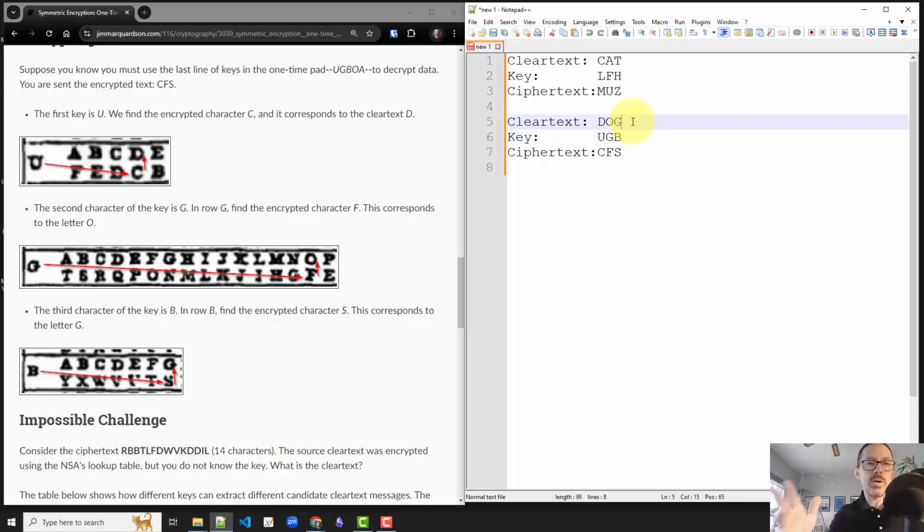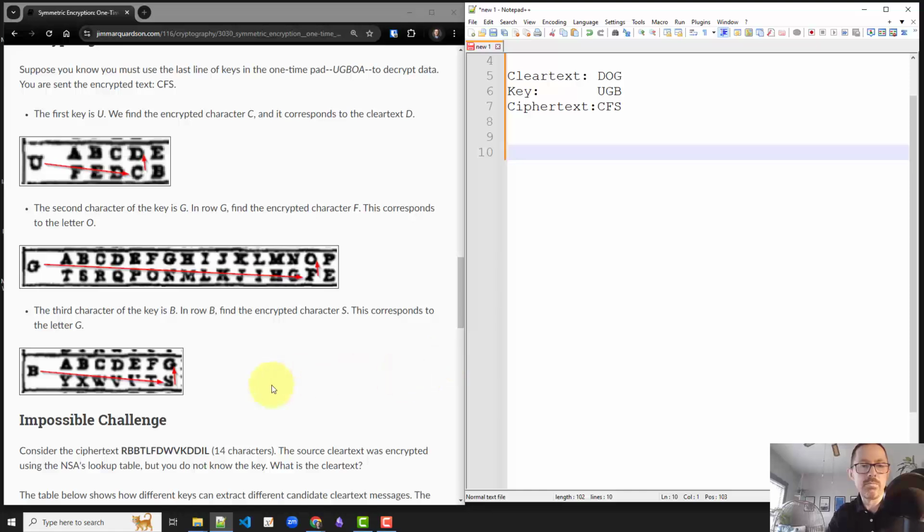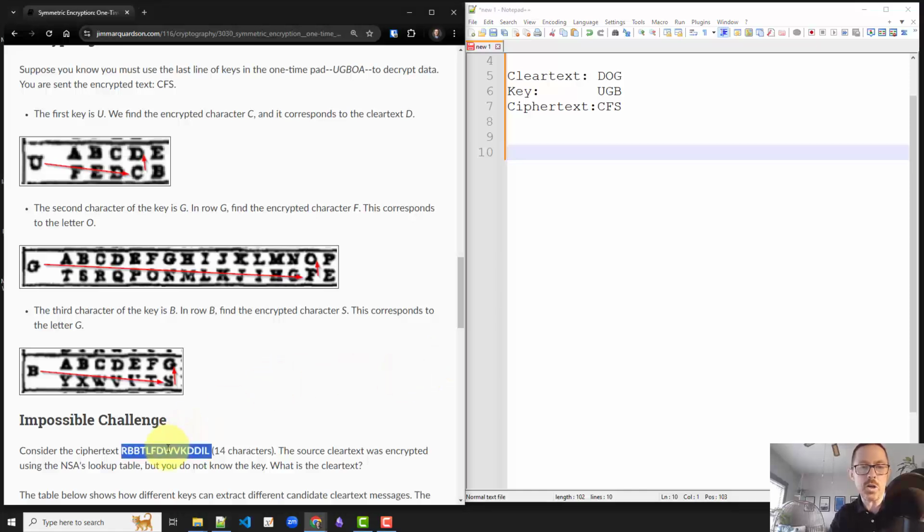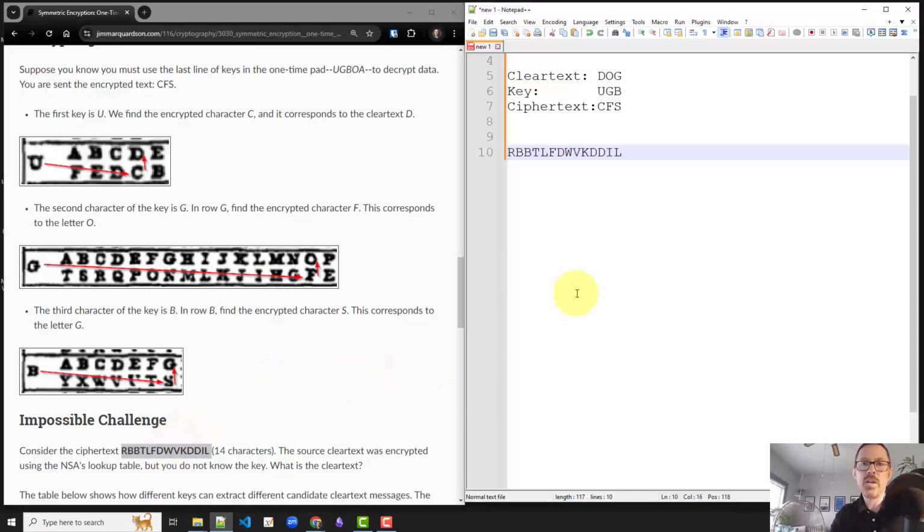So I can encrypt and decrypt messages using this process. It's not really hard. It's not a hard process to carry out. Is this really secure? Yes, in fact it is. If I gave you some ciphertext and I just mashed the keyboard, or I'll just copy this. Like, what could this be? RBB, TLF, DW,